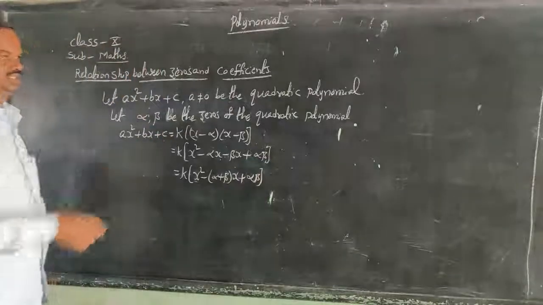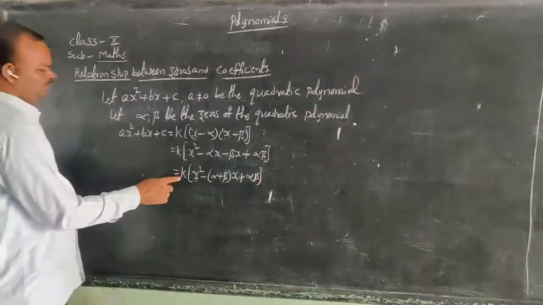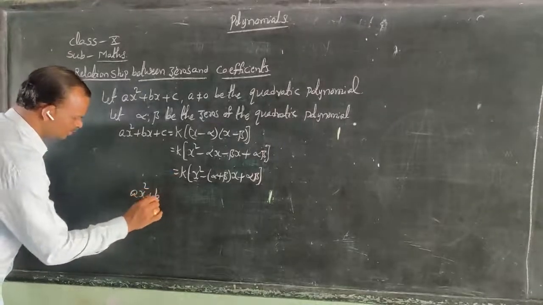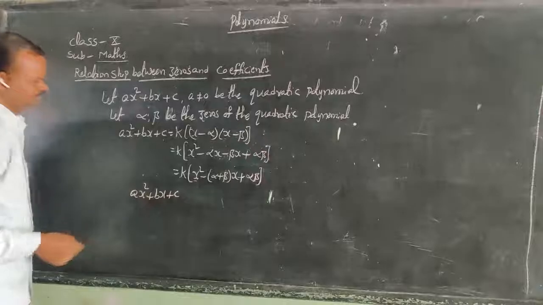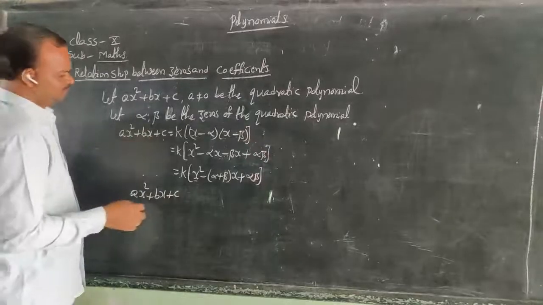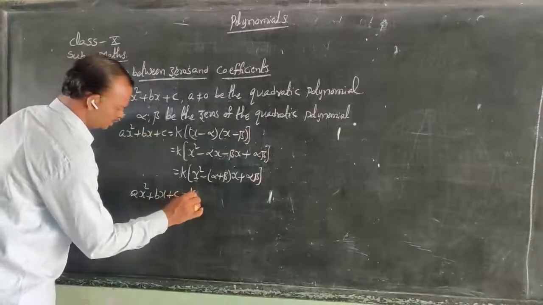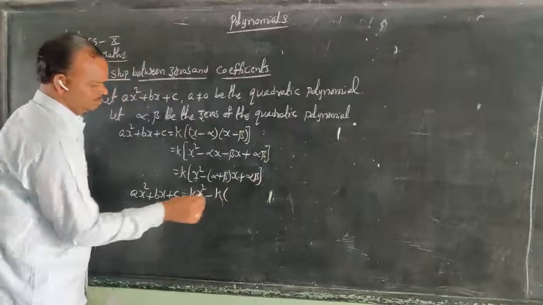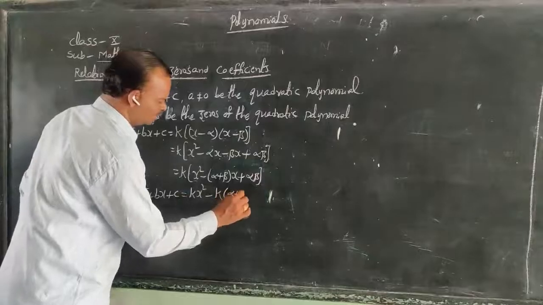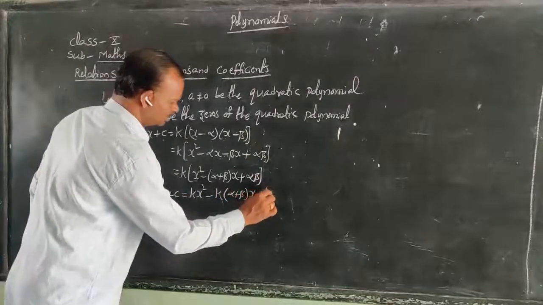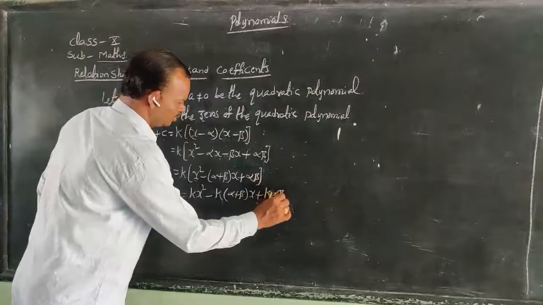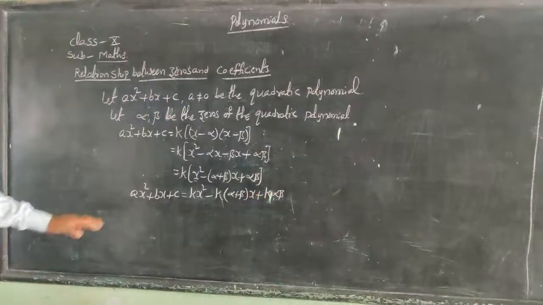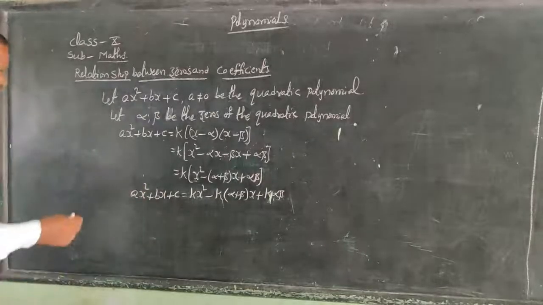k is any constant or any real number, so we are multiplying with k. Here the value is ax square plus bx plus c. ax square plus bx plus c is equal to kx square minus k into alpha plus beta into x plus k into alpha beta. Here, comparing the coefficients,